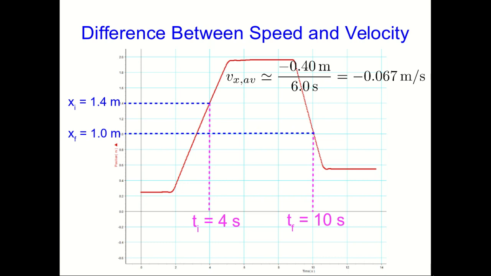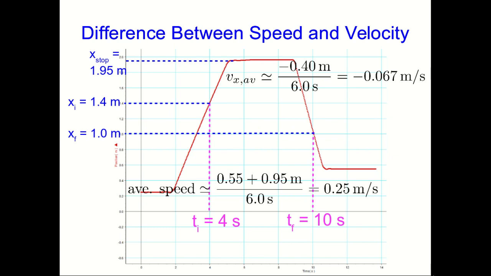Now, does that mean that the average speed over this same time interval is just 0.067 meters per second? Well, no, it doesn't, because remember, to calculate a speed, you need to take the distance traveled over the time taken. And the distance traveled isn't 0.4 meters, because the cart went out to this point where it stopped and then turned around. So it went about 0.55 meters to the right, stopped, and then went about 0.95 meters back to the left. And so the total distance traveled is 0.55 plus 0.95 meters,